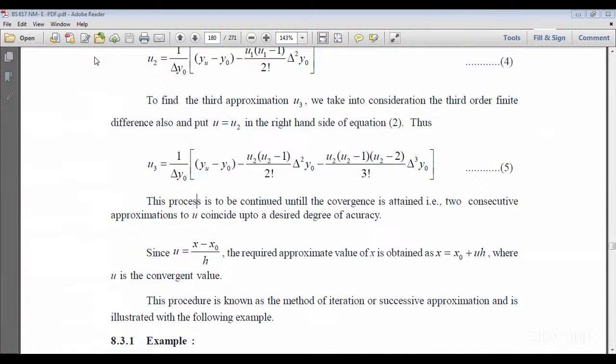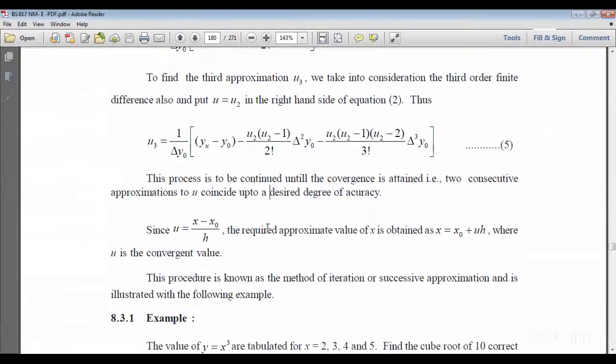So you find the third approximation here, u3. We take into consideration the third order finite difference also. u3 is equal to, on the right hand side of the equation, 1 by del y naught times (u minus y naught) minus u2 (u2 minus 1) by 2 factorial del square y naught minus u2 (u2 minus 1)(u2 minus 2) by 3 factorial del cube y naught. This process is to be continued until the